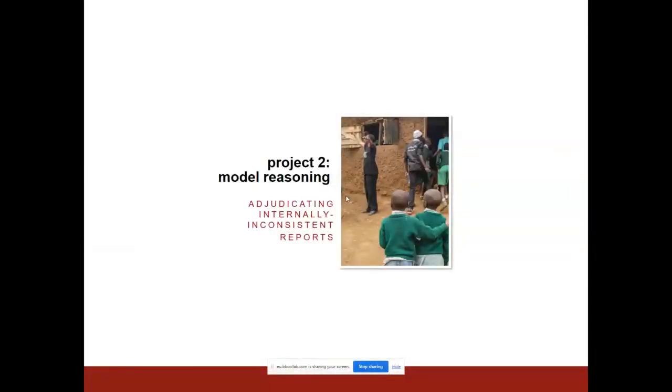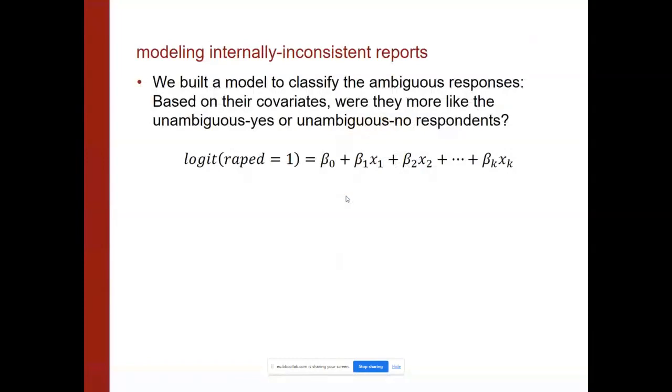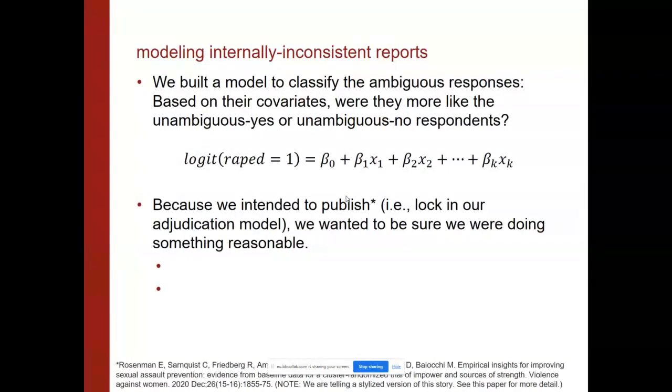How about that model? How about when we were thinking about that logistic model to help us disambiguate some of our answers? When we were getting ready to do this, what we had was data from our baseline, and we were going to lock in a way of adjudicating before we got to the end line. We were going to commit. We were going to say, here's a protocol for resolving these ambiguities before we see the end line data. And so internally as a team we really double, triple checked things.